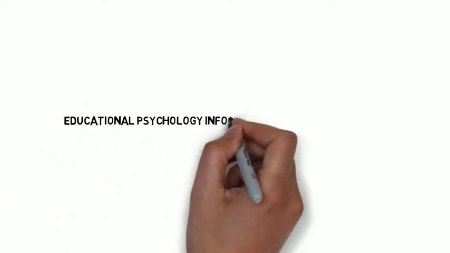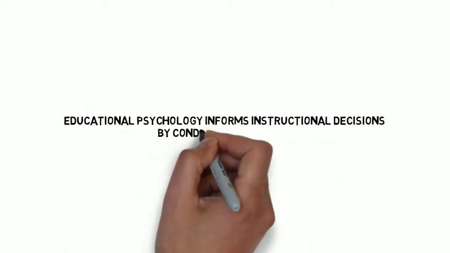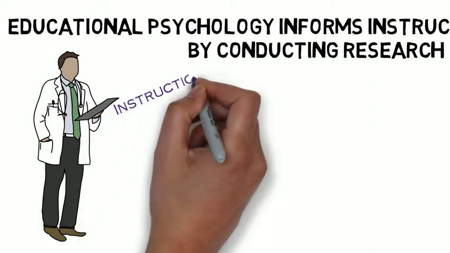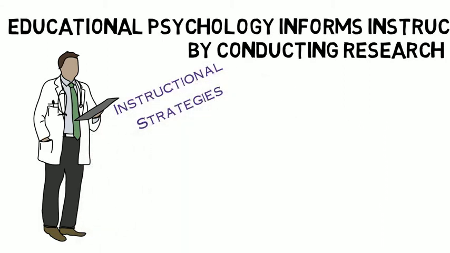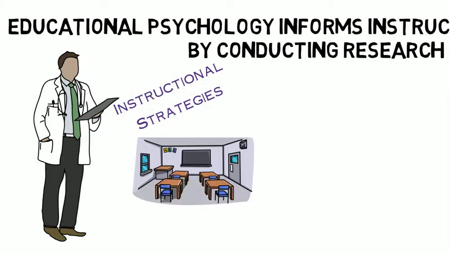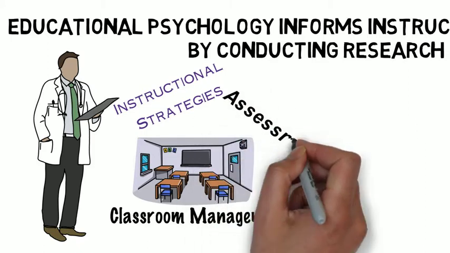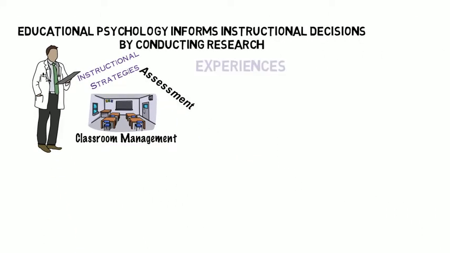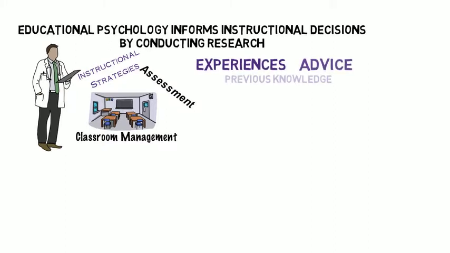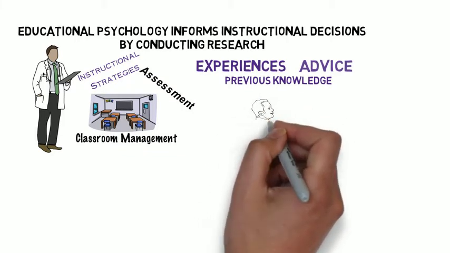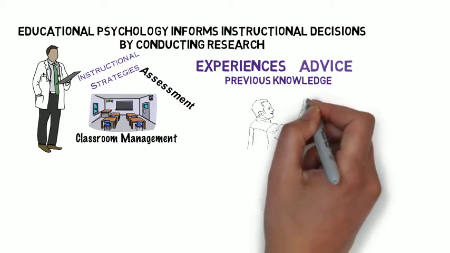In educational psychology, research is conducted and the findings are used to make instructional decisions. So, effective teachers use research findings and research-based theories to make decisions about instructional strategies, classroom management, and assessment. Teachers usually make instructional decisions based on their prior experience, advice from others, and the knowledge and skills that they learned in school. If we want to determine how effective these classroom practices are, it can best be determined